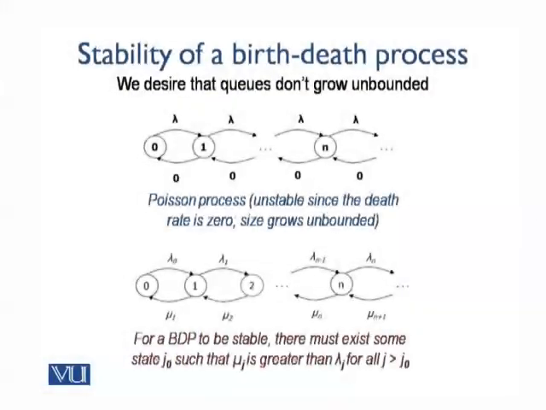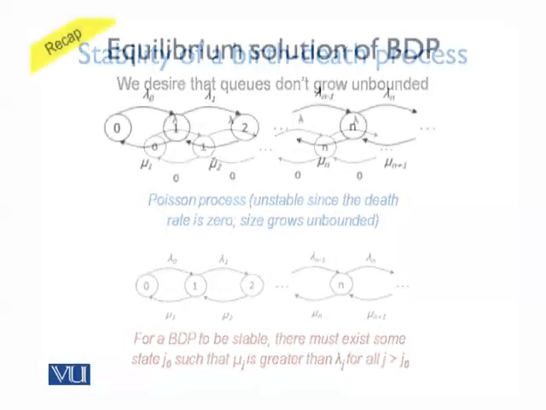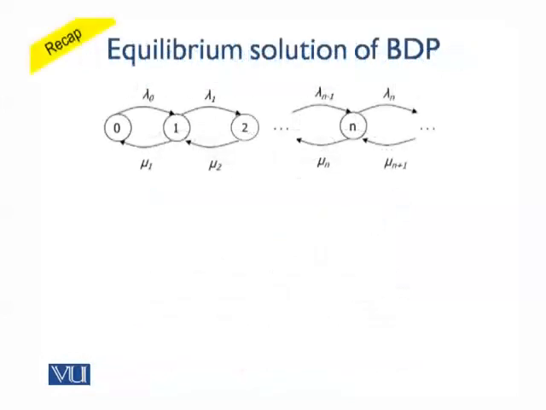So this is the stability condition of a birth-death process. We've also covered the equilibrium solution of a birth-death process. What is the meaning of an equilibrium solution? The meaning of this is that if we allow this queuing system to unfold over a long period of time, we would then have, if this system is ergodic, and this system would be ergodic if this is a stable